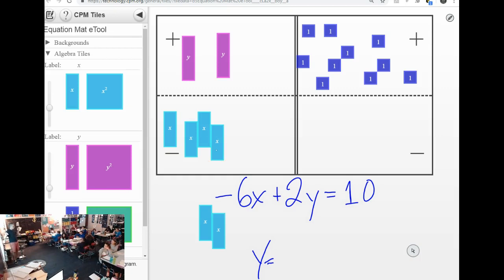Because there aren't. So instead, and I'm actually in a conversation right now with a gentleman online about how to teach subtraction to middle schoolers because it's a weird concept. I can't subtract 6x from over here, but could I add in a negative x and start to destroy the x's over here by bringing in the opposites? So instead of thinking of this as minus 6x, which I can't do over here, we're going to add in